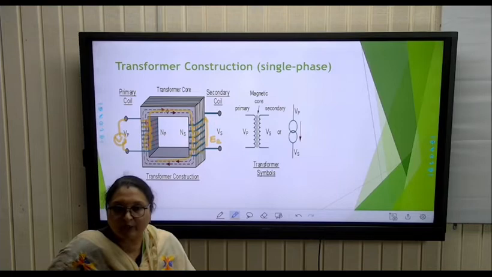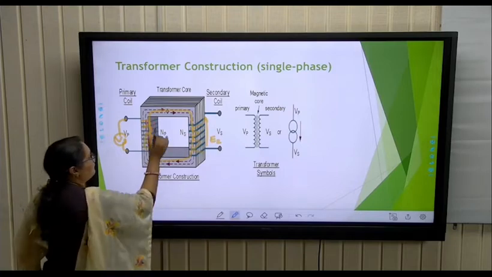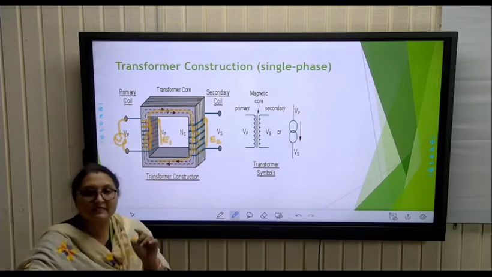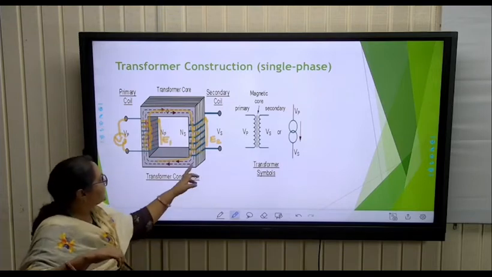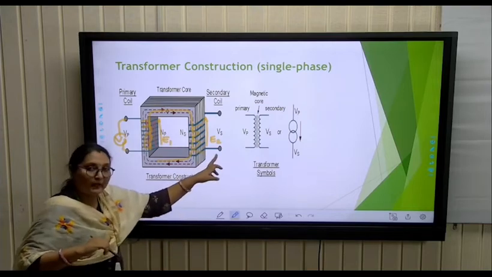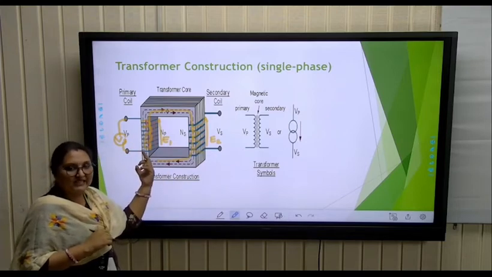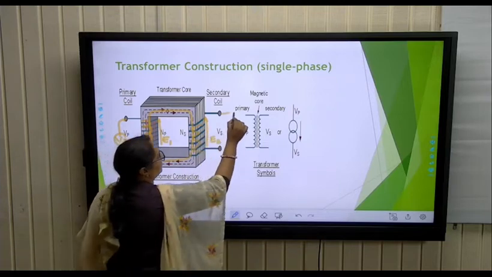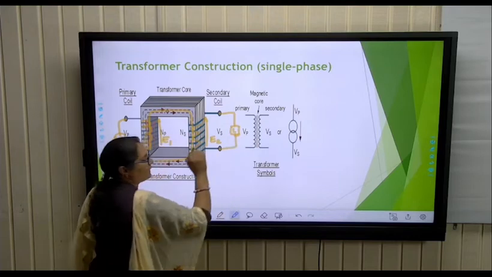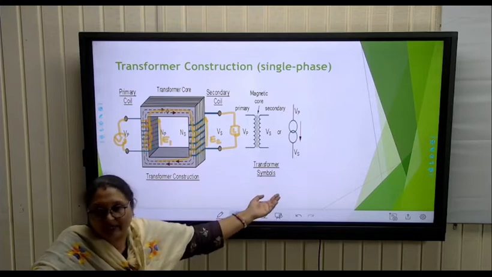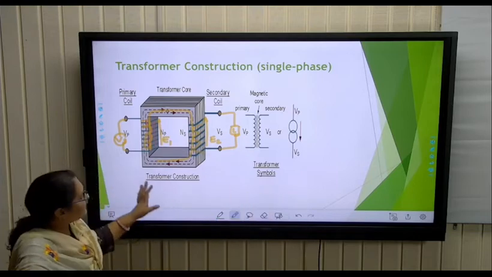Now if the EMF is induced due to its own current, then that EMF is termed self-induced EMF. So the EMF which appears across this winding is denoted by E1, and E1 is termed the self-induced EMF, whereas this E2 is termed the mutually induced EMF. The reason is this EMF is induced because of the current in the primary side. So that's why it is called the mutually induced EMF. Fine. Now suppose this part of the circuit is closed, you have connected a load across these two terminals. Then definitely the circuit is closed, so there will be a current in the load side. So this is how the transformer will work.